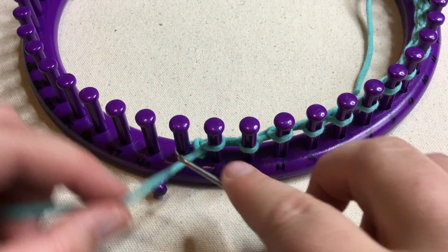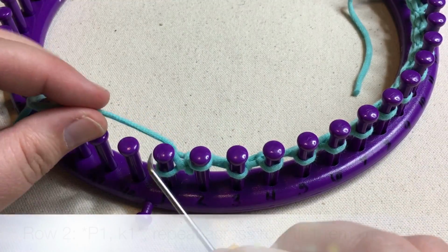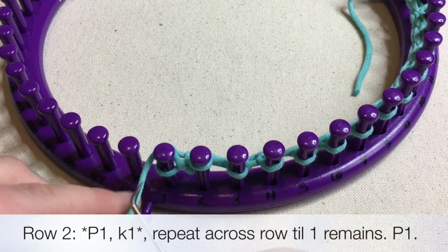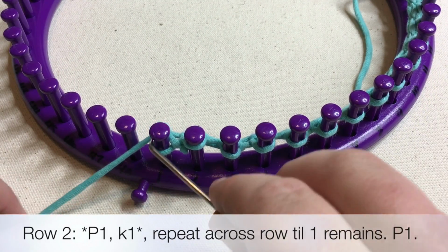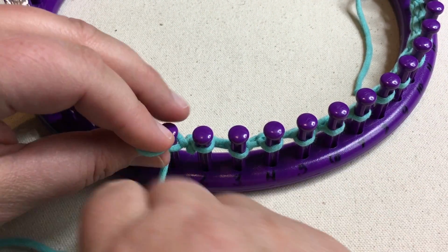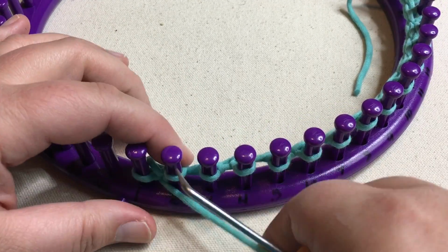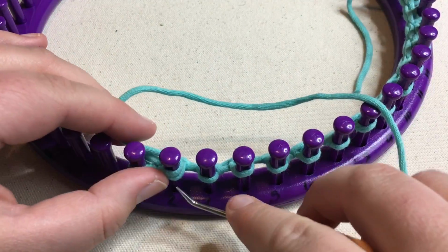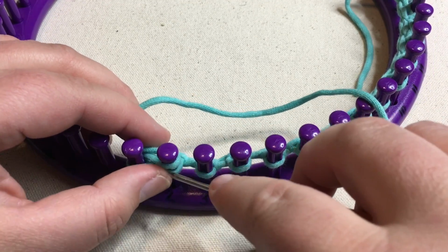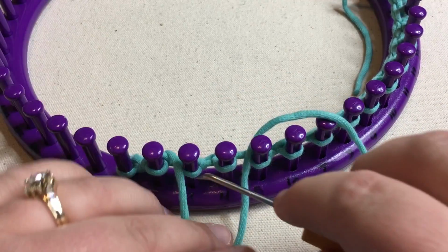All right, I'm working my last stitch. It is a U-wrap knit, so we continue that. And now we're going to work the stitch again, moving from left to right, and this will be purled. So we go through and purl that, and keep it nice and loose, and go on to the next one, and that's going to be knit. So it's knit, purl on the way over, and now on the way back on the second row it's purl,